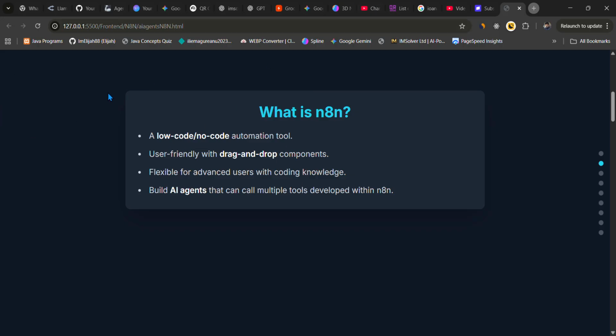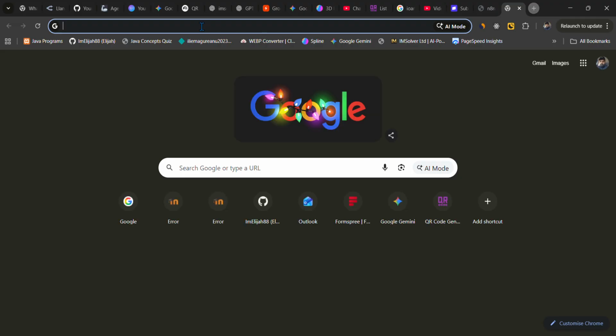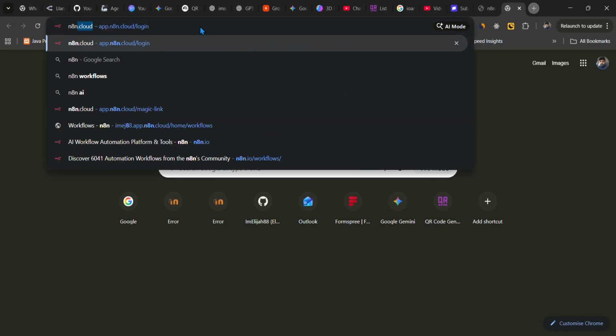It's a powerful low-code and no-code automation tool that allows you to automate processes and build complex workflows with minimal coding, because nobody likes coding. But if you know and you like it, you don't need all this. This is kid stuff. But then you'll understand that things are so much simpler. I can't believe it. So let me just show you.